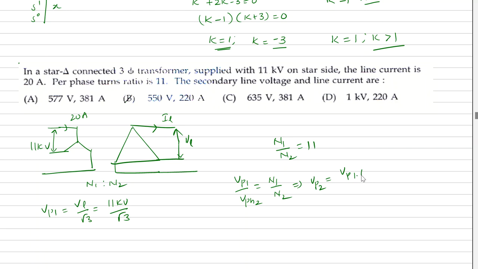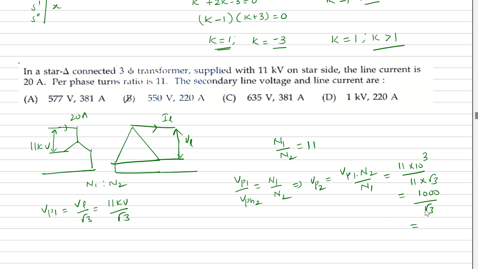into N2 by N1. So VP1 is nothing but 11 into 10 power 3 divided by root 3, and N2 by N1 means 11. Okay, here we have root 3. So simply 1000 divided by root 3 will give you the